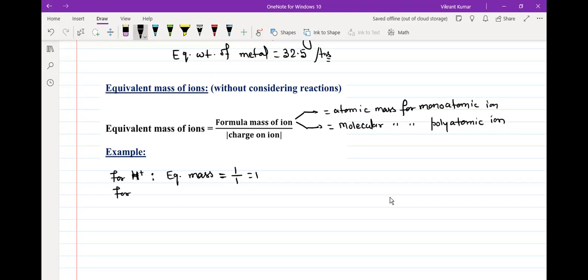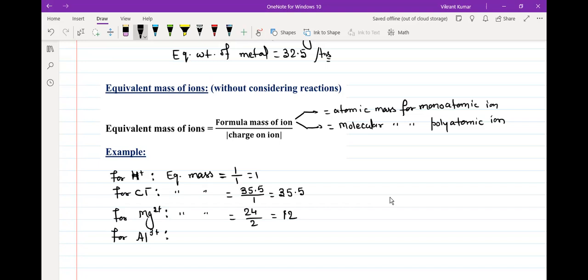If I say Cl minus, the equivalent mass will be 35.5 as its atomic mass, and the magnitude of its charge is 1, so 35.5. If I say Mg2 plus, then the equivalent mass will be, its atomic mass is 24 and the magnitude of charge is 2, so it becomes 12. For Al3 plus, the equivalent mass will be 27 as its atomic mass and 3 as the magnitude of its charge, so that's why 9. For NH4 plus,